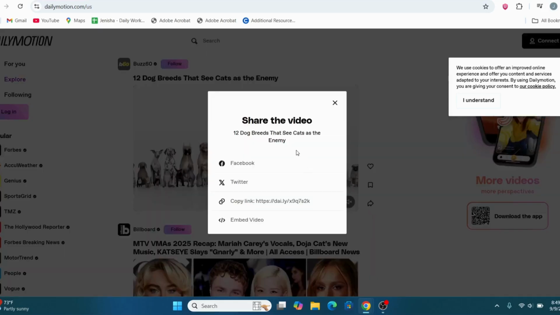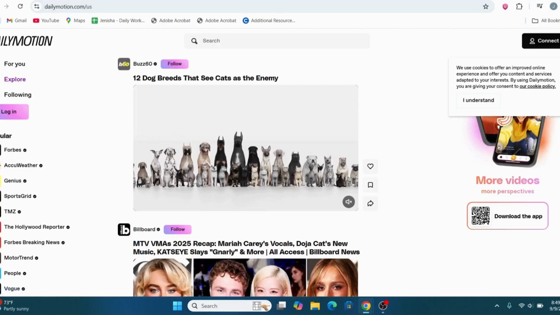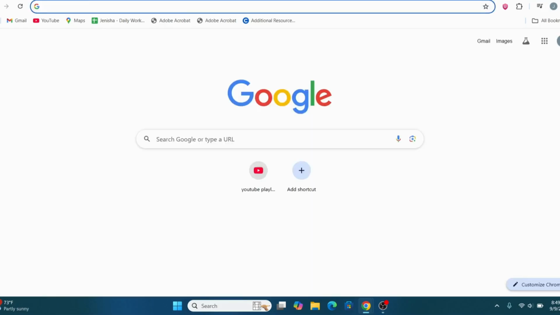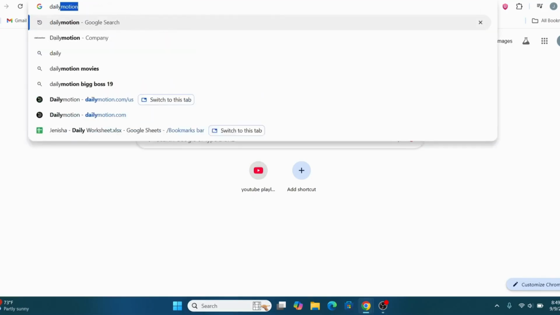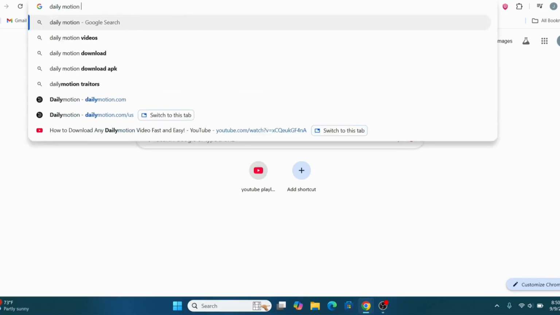Once you click on it, you'll find a share the video pop-up on your screen. What you need to do is find the option for copy link and go ahead and copy it. After you copy the link, you may close this and head over to a new tab right here on your screen. And once you reach here, what you need to do is type in DailyMotion Video